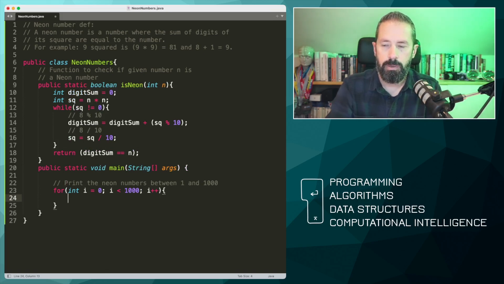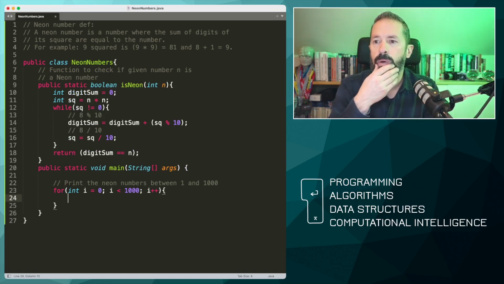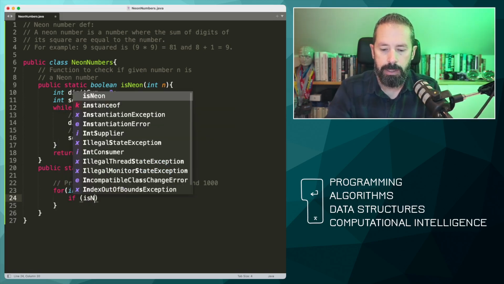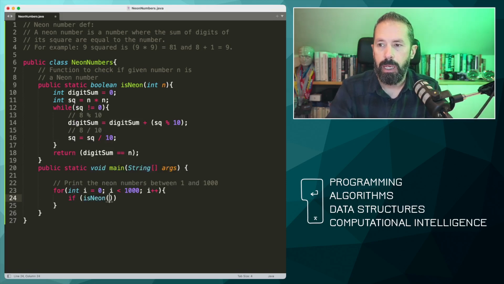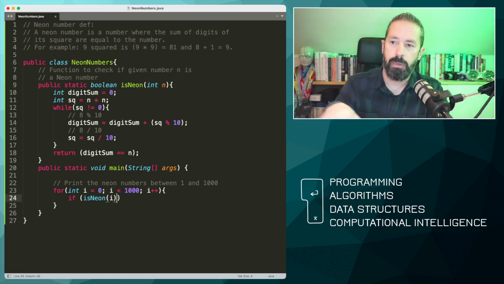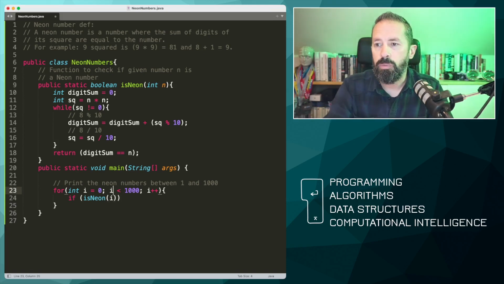And what we're going to do is, let's see, what will we do here? Well, let's write an if statement. We'll say if is neon, and we'll say i. Okay, so the i is our loop counter variable. It's going to start at, I said 1, didn't I? So i equal to 1. If is neon, i is going to start at 1, and it's going to increment by 1 all the way up